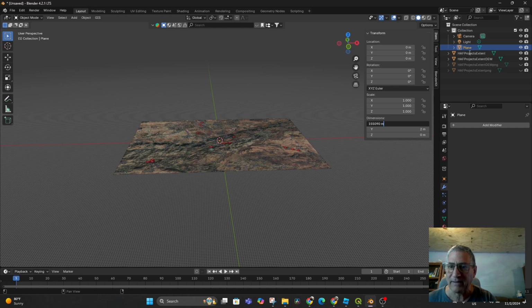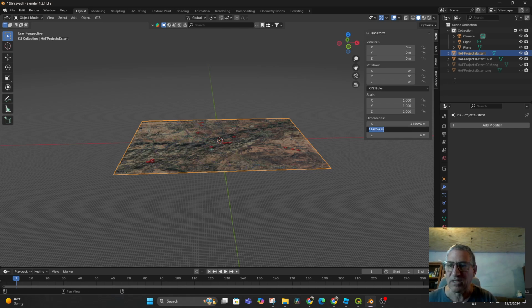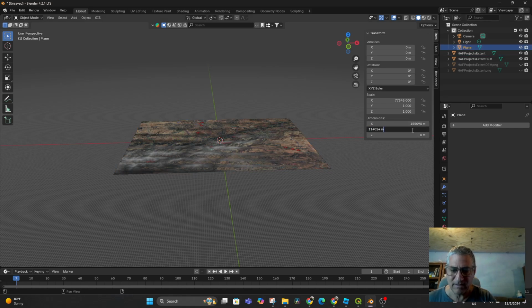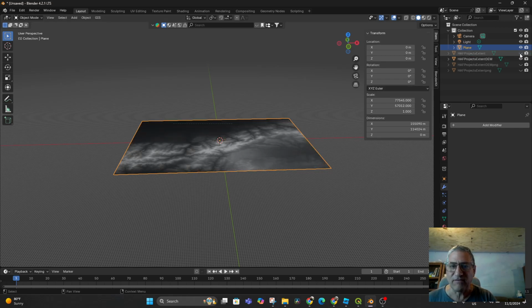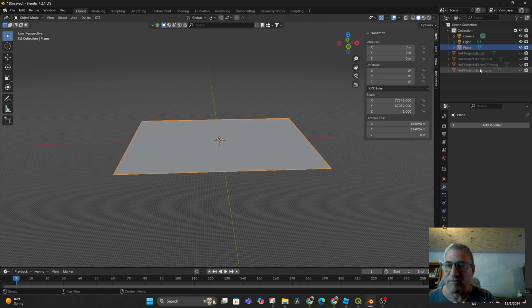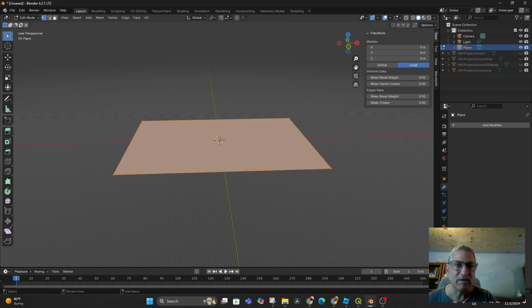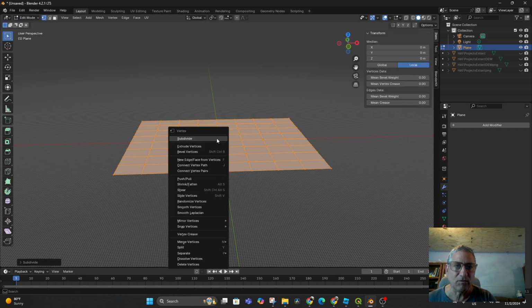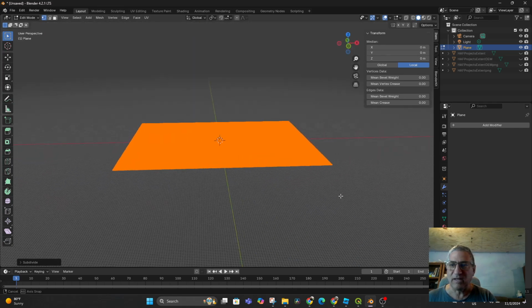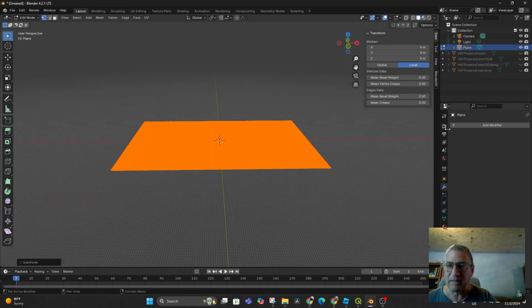Okay, do that. Now go back to my project extent and copy that. Control C, go back into my plane and paste that in. All right. So now I have a plane that is exactly the same size. I didn't have to stretch it at all. And then I can go into edit mode and subdivide 2, 3, 4, 5, 6, 7, 8, 9. I have this, and I can now add a modifier